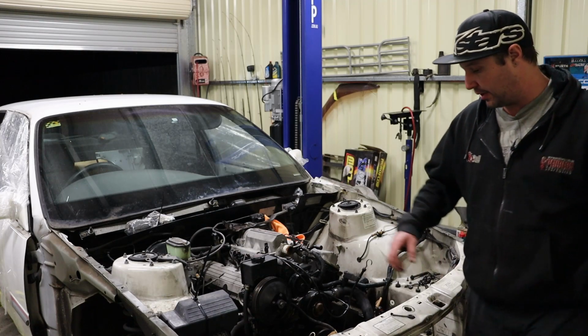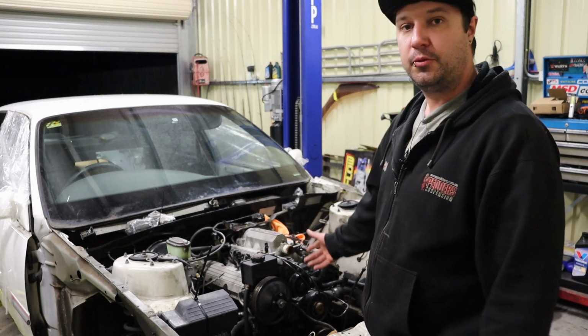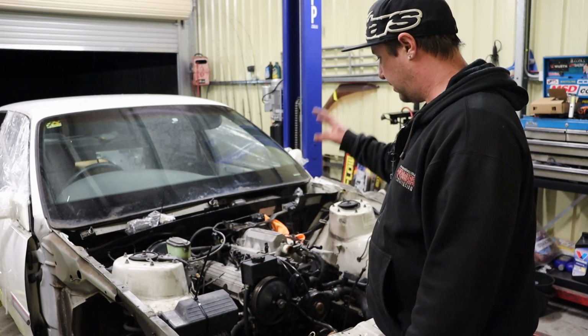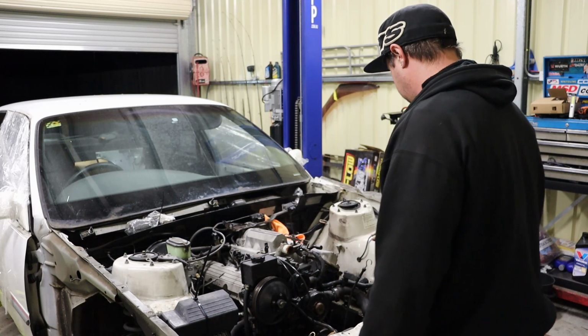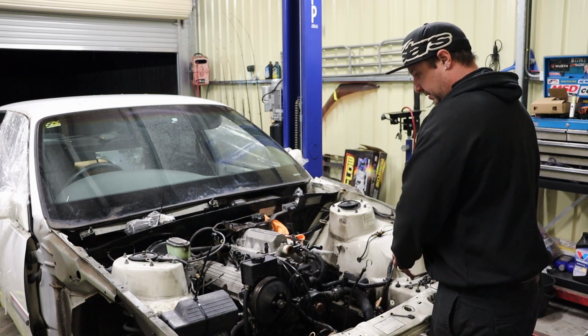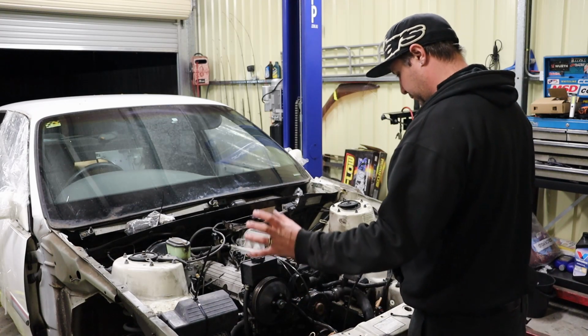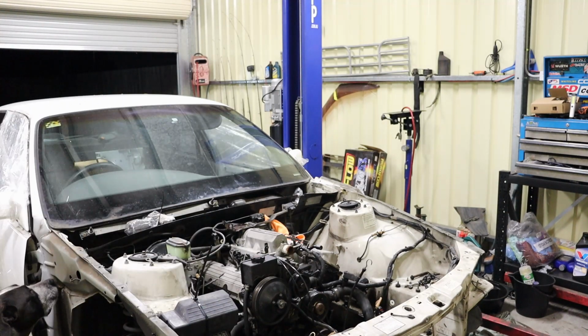Alright, so here we have it. As you guys may or may not be able to see, actually who am I kidding, you guys can see. We got a VR with a Buick V6 in it. Now this particular customer, we were going to do a single mounted over here, but we are now going with twins. We got two of these